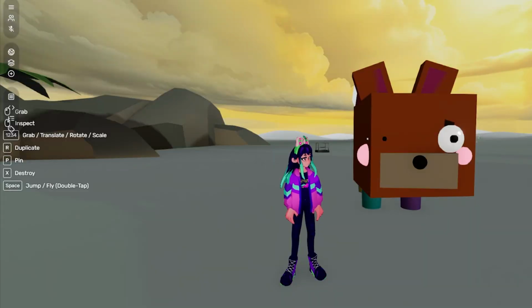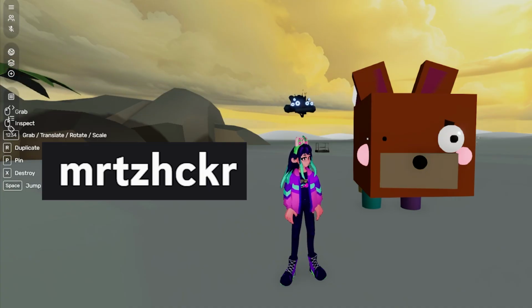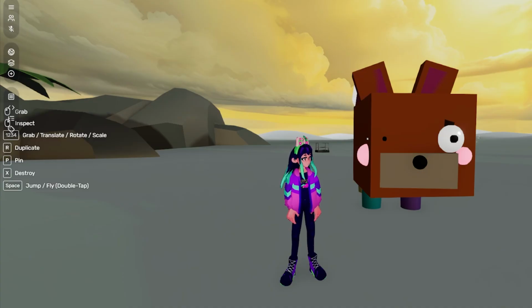So the other day, while Rizzle and I were hanging out with Untitled XYZ, as he was showcasing his rooms build in Decentraland, he started talking about Hyperfy, which we usually do, and an amazing tool, and a community member. And I have his name. It's MRTZHZKR. I don't even know how to pronounce it, but I wanted to give him a huge shout out because